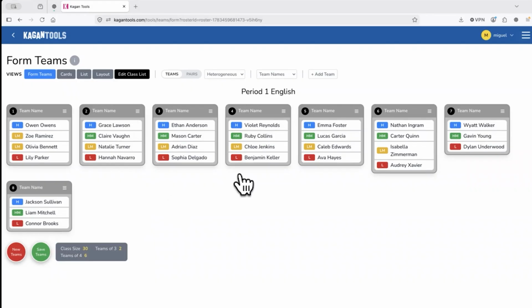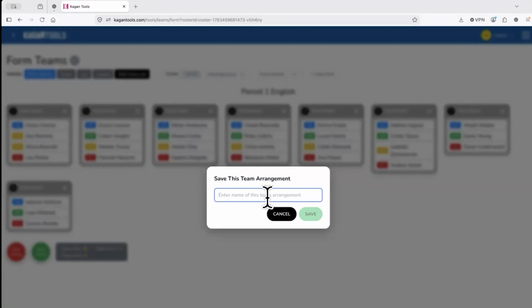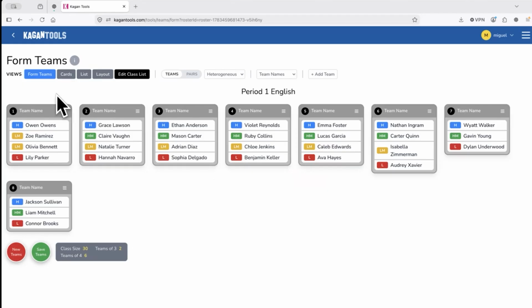All right, so once I'm happy with my teams, I can go ahead and save these teams. And I am going to save this as, we're just going to call this the month of September teams. And you can use whatever naming convention you want to use, by the month, by the quarter, however you want to name your arrangement. So let's save that. And this is basically where you form and reform your teams, is under the Form Teams